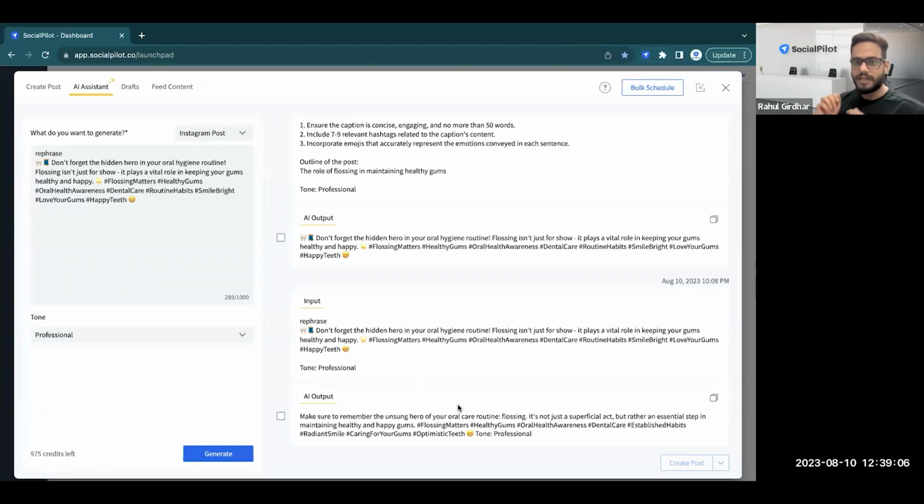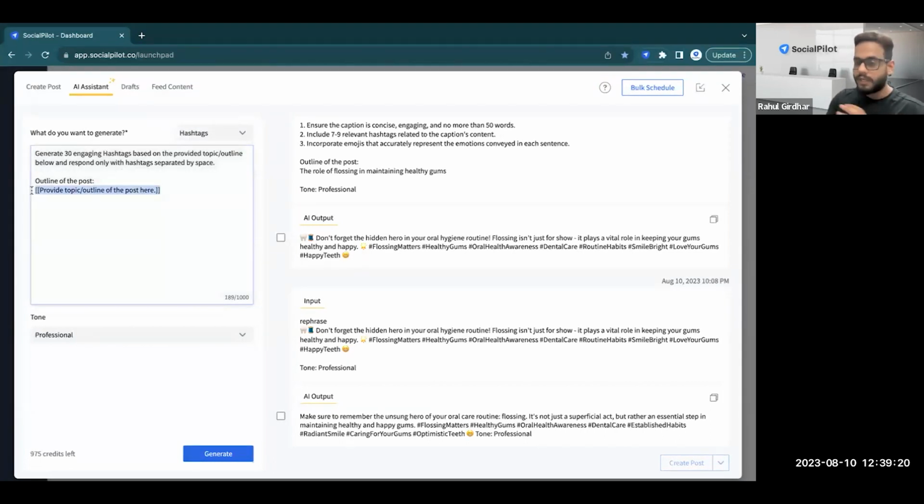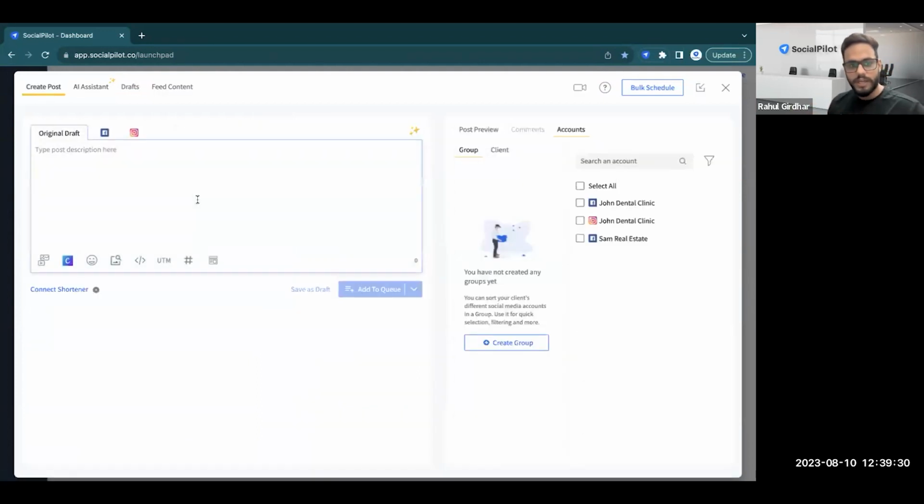Now, other than generating captions or generating ideas, SocialPilot's AI assistant would also help you in generating the hashtags. So if you wish to generate new hashtags, simply click on the hashtags template which we have saved. You can enter the topic right here and it will automatically give you 30 unique hashtags on the same. There is also another way to do that. So if you are creating a new post for any of your clients, you simply type in the caption over here